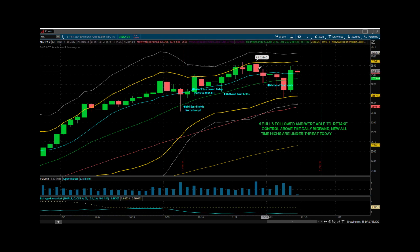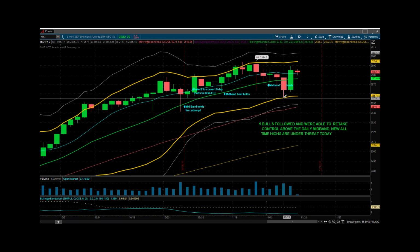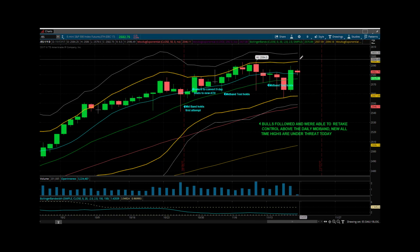Remember we talked about upper band, middle band, lower band, middle band. What's next, right? In an S&P market that's operating correctly, normally, and those are subjective terms, what you typically see is a movement from band to band to band. Upper, middle, lower, middle, upper. Sometimes it takes a few days, sometimes it takes a couple of weeks, whatever. What you don't see is what we've seen for the vast majority of 2017, which is just hugging that upper band, not dealing with mid-band for weeks at a time. That will happen, but typically,